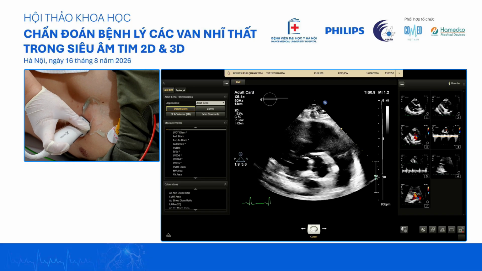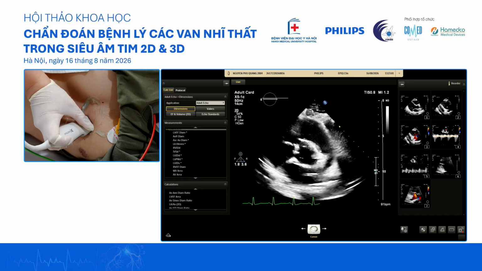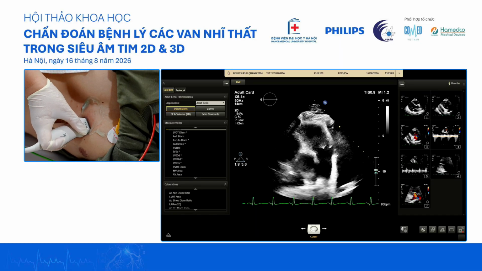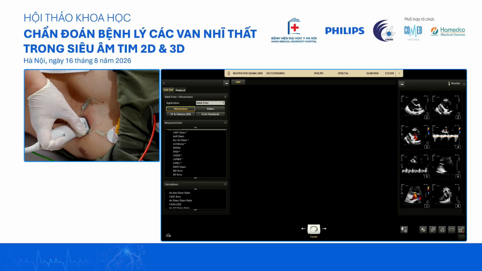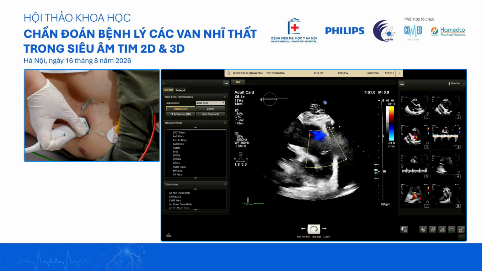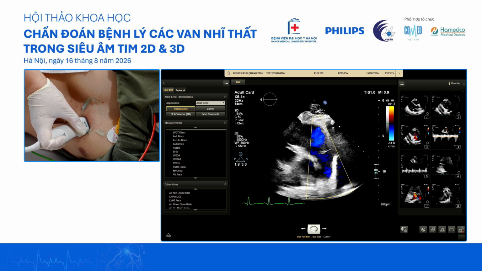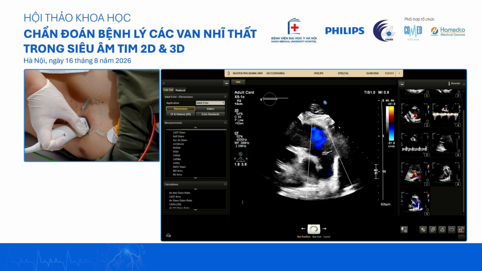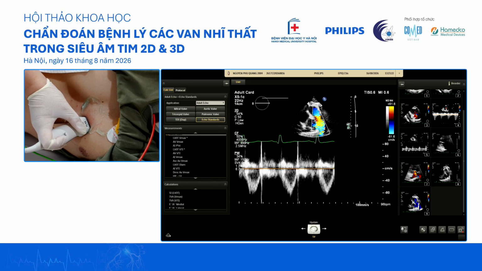We go to the short axis. So this is very important because we're also looking at the pulmonary pressures. So we want to visualize the pulmonary artery very well. Và cái này rất là quan trọng vì chúng ta đánh giá cả động mạch phổi nữa, đo kích thước và áp lực động mạch phổi nữa. And we want to get the Doppler signals.